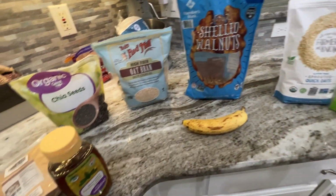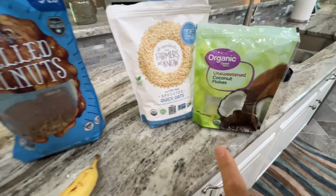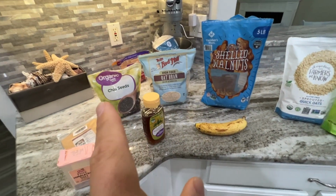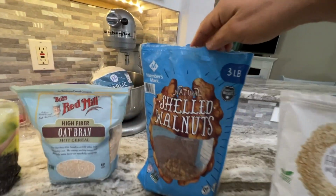And then you get your sugars out of the honey and the banana. You get a little bit out of the coconut. So all this together is going to turn into a healthy snack that I take with me when I'm going places. So to start off, I just take my